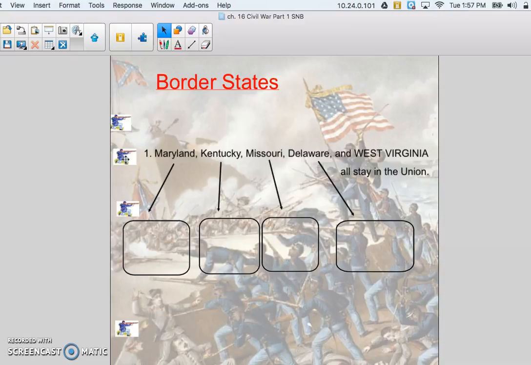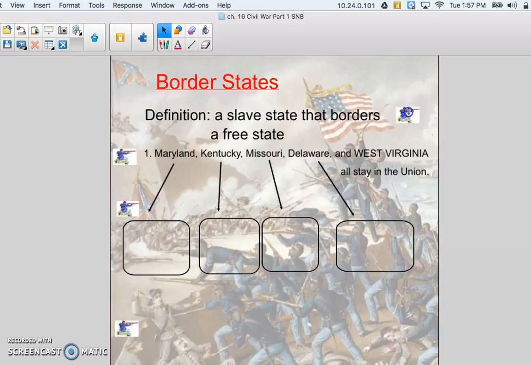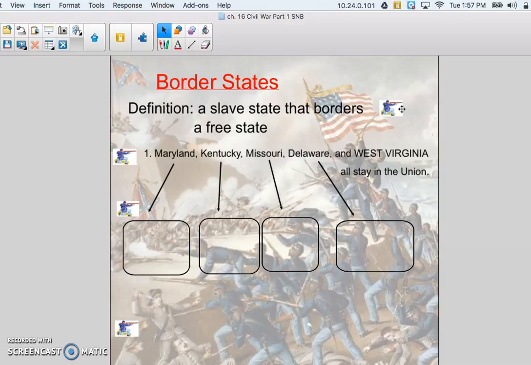That's a key point. This would be a group of states that would have both slave and anti-slave people fighting for it. In fact, a lot of those states had brothers and sisters that fought for the North, and the other brother and sister would have fought or believed in the Southern view. This tore families apart, and actually people met on the battlefield against one another and shot at each other and killed one another. Sad story. But to make the story short, we need to define a border state as a slave state that borders a free state.